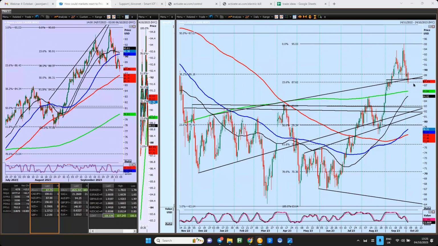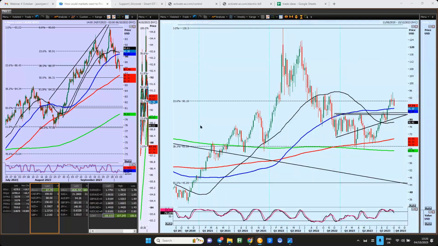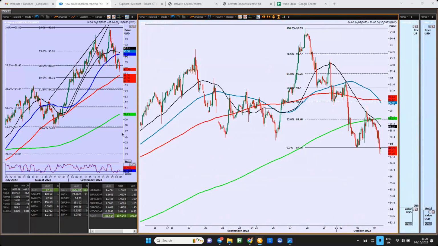But okay, so oil, it looks like it has broken down through my support levels. It's even breaking down through 87. Well, no, it's not breaking through 87.62, but that will be key. Now, for some reason, I don't think that is as important as the level I'm going to show you on the 4-hour chart. Normally the daily chart would take precedence, but when you look at the price action compared to,